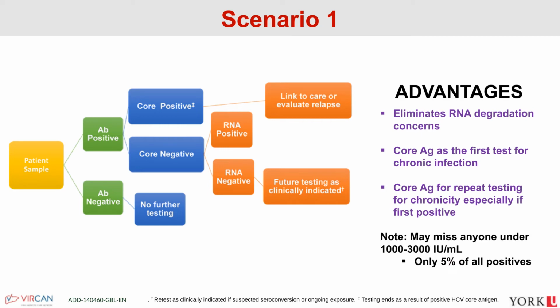And then I just really want to point out, as I mentioned in this algorithm, that when somebody is core negative but RNA positive, that person likely has a viral load that's very low, so anywhere less than 3,000 IUs per ml. And interestingly, when many studies came out about the use of core antigen testing, the WHO looked at it from a global perspective of how many individuals might be missed in this scenario, and only about 5% of individuals have a viral load that low. And the really important part is that most people will not have a viral load that low ongoing.